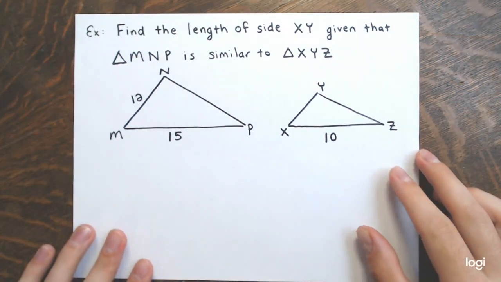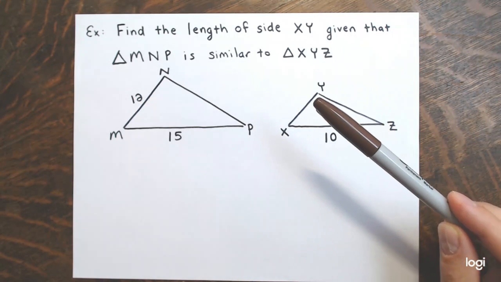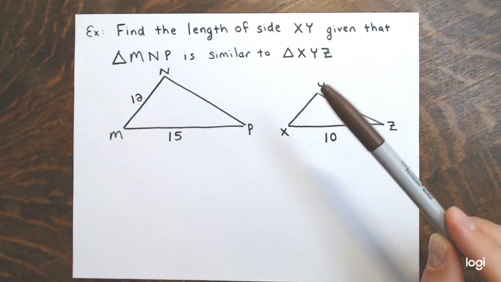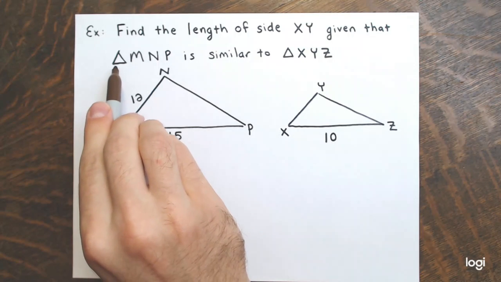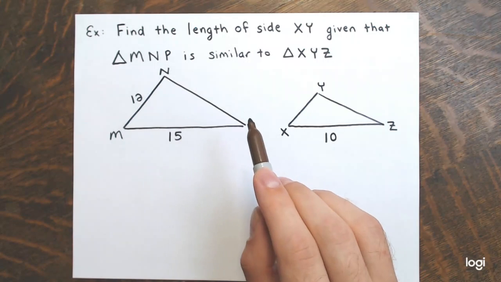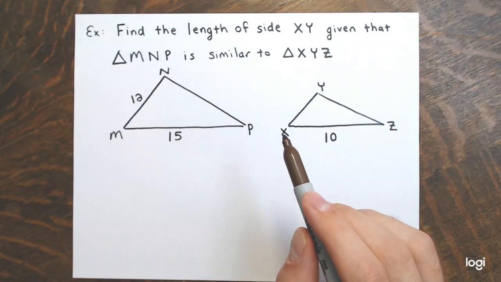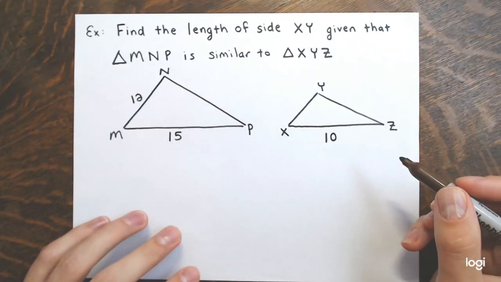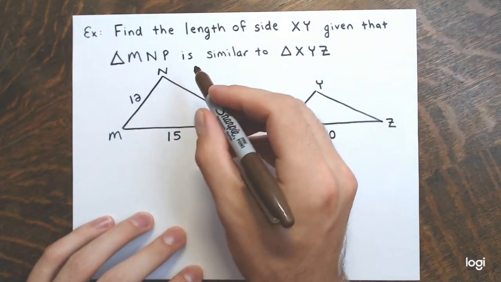has to find the length of side XY, so that's this side here in this triangle, X to Y. How long is that? Given that triangle, and again this is the little symbol for triangle, triangle MNP, so M to N to P, this triangle right here, is similar to triangle XYZ, so X to Y to Z. Now, another way they might put this, the triangle MNP